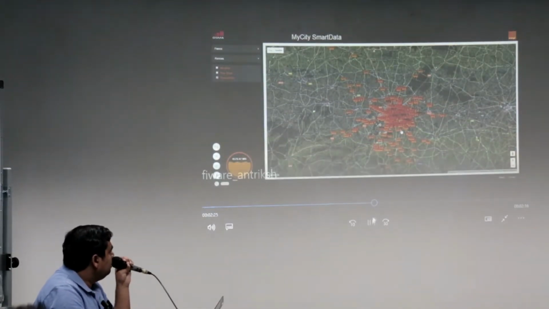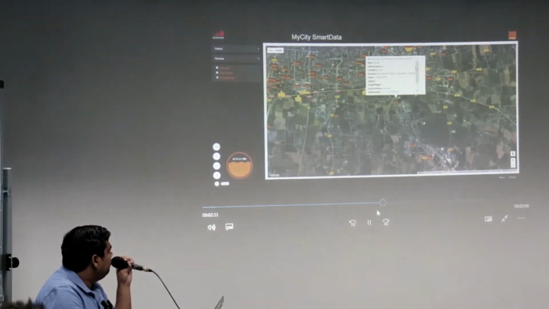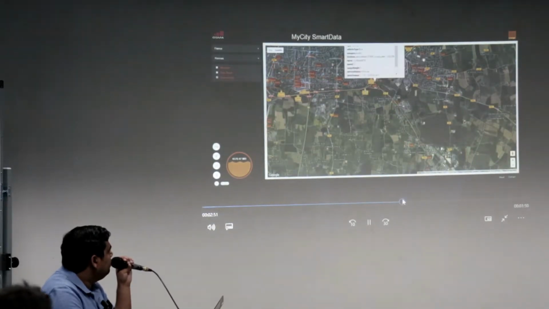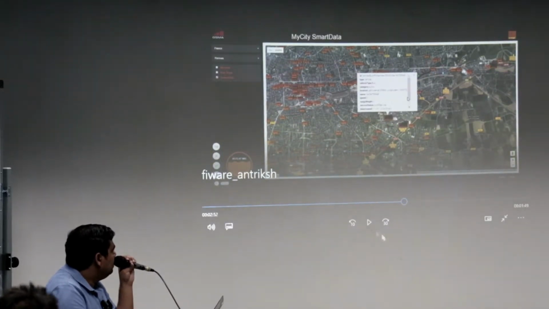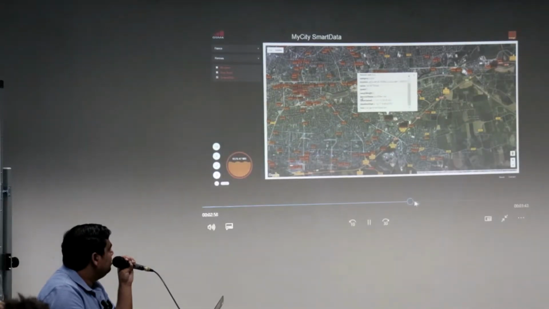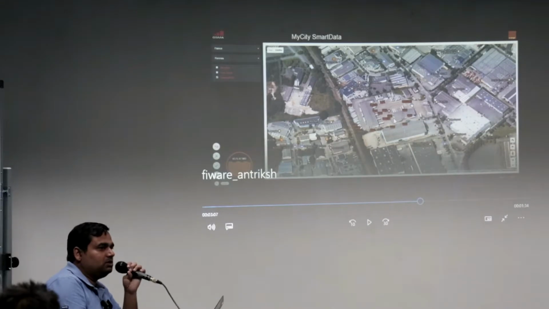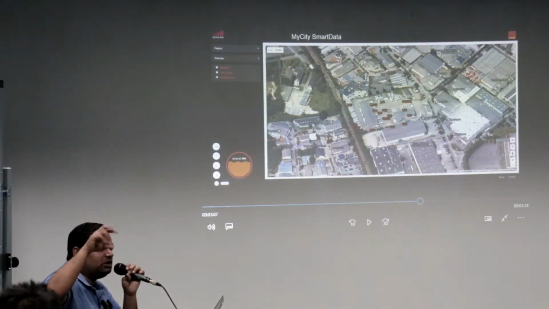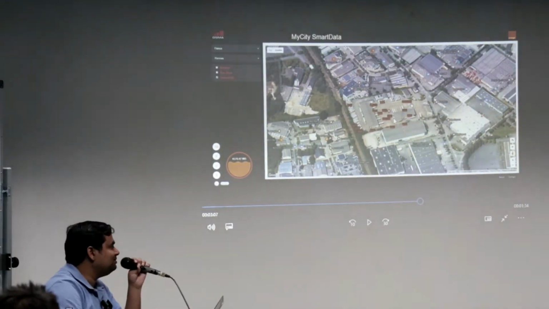So if I zoom in further, you can see this is an orange bus. But if I go to orange and black, you see there are a lot of orange and black buses located at one single place. Let's see what is there. These are the buses which are not moving. It's showing the state of the bus. The orange and black buses are the ones which are not in service right now. You can see they're standing in the bus yard, as you can see on Google Maps.